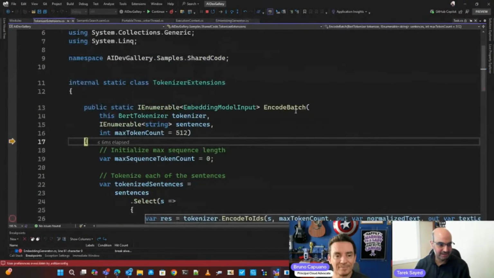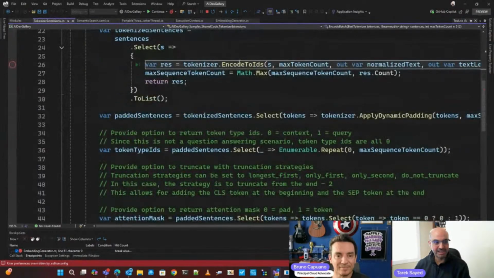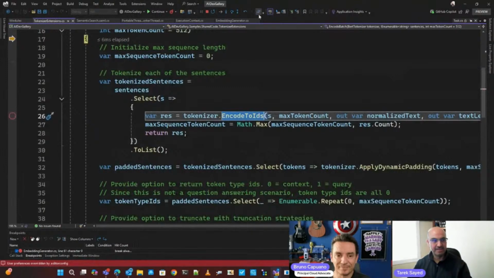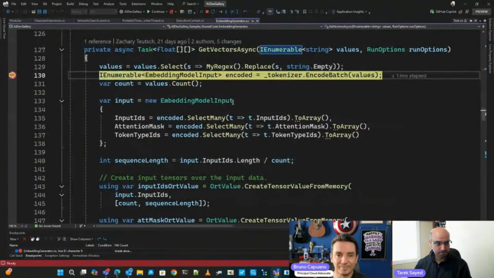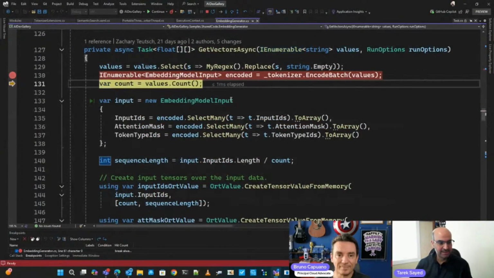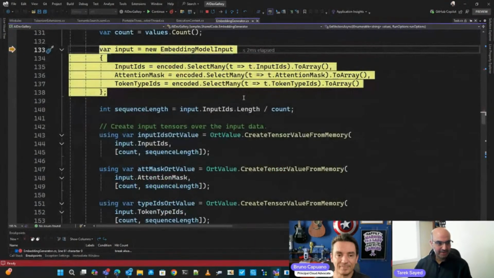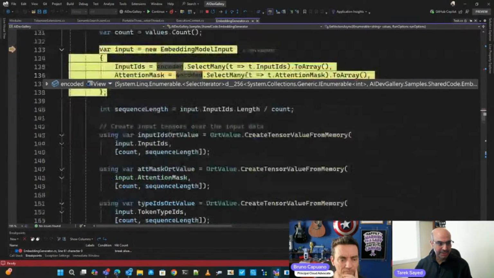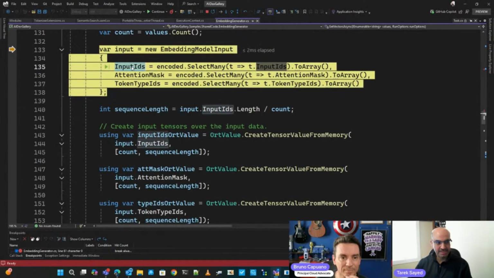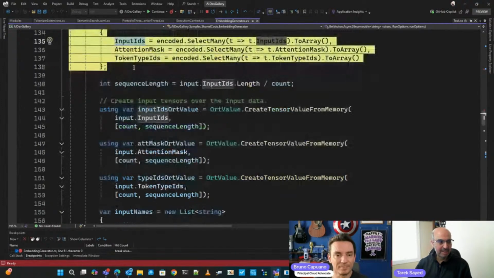If I go inside it, you will see this is the tokenizer APIs that can generate the IDs for the text and return these IDs. After generating these IDs, you can see the generated IDs, and from these IDs it takes the input IDs and generates what is called input IDs ORT value.